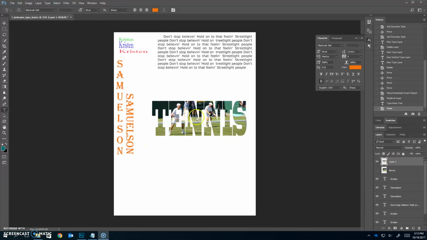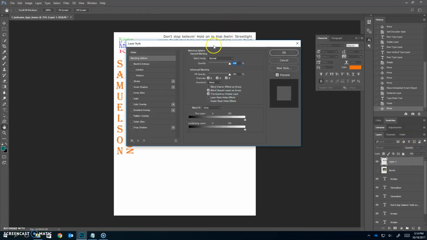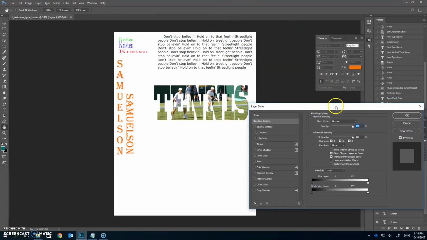Okay, so on this new layer that has the text based out of a photo, if you double click over here on the right side, so you know that if I double click on the text, that allows me to rename it. But if I double click over on the right, it pulls up layer styles. Okay, so layer styles have a lot of different options here, but the one that we're going to choose today